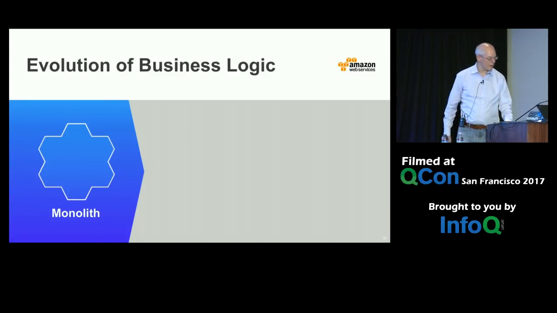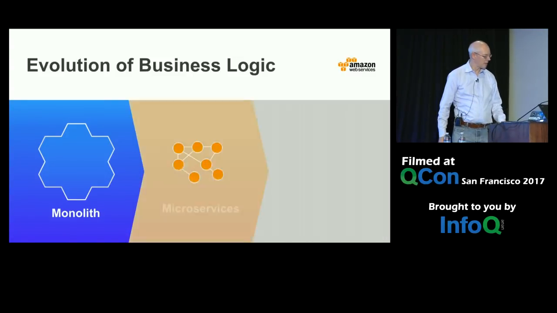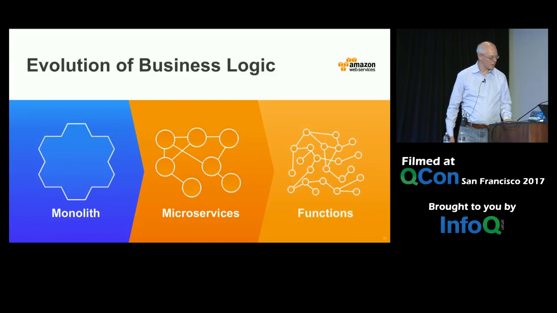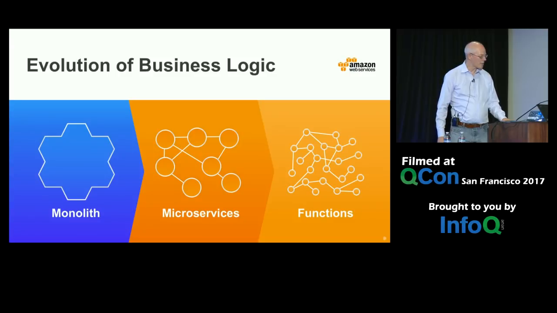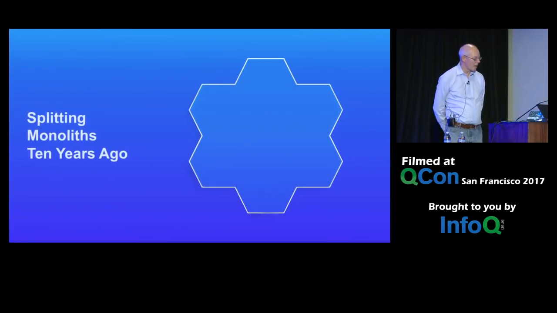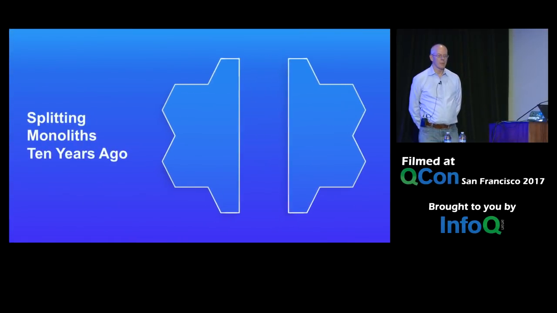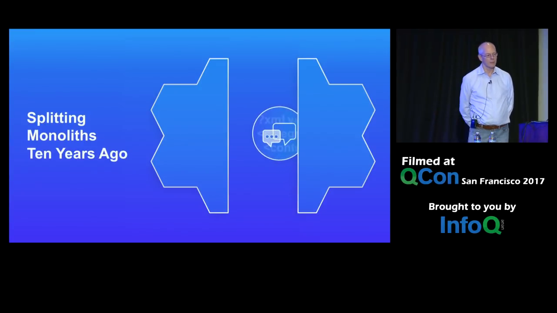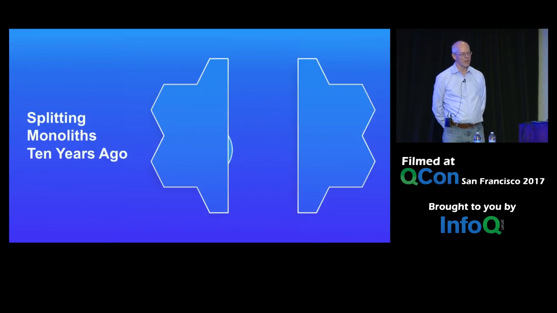Business logic started off pretty monolithic, and then we came up with these nice microservices, and now we're transitioning to functions. So why did that happen? If we go back about 10 years, monoliths were the thing. That was what we built, and we built it for good reasons, because the networks we had were slow, and the interprocess communication we were using was mostly XML and a bit of SOAP and all those nasty things. Some people are probably flinching hearing about this stuff.